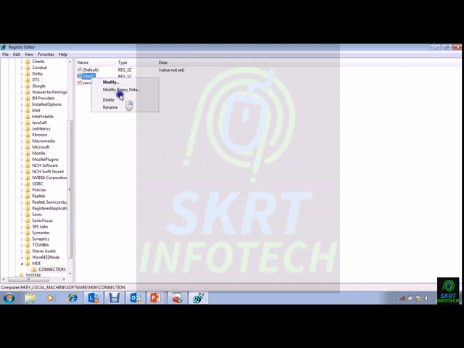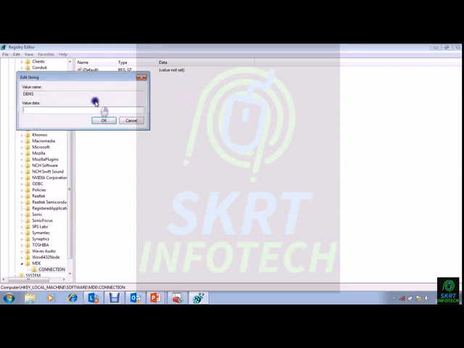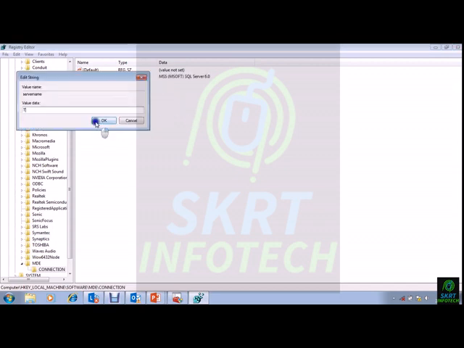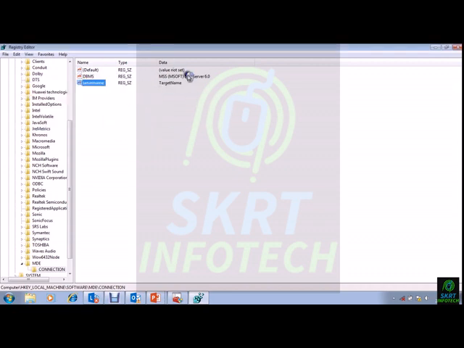DBMS will have the data that I'm giving now. It's MSS in brackets, Microsoft SQL Server 6.0. 6.0 is what you have to give, and you have to give OK. Then the server name: I am giving the server name as target server here, but you have to correctly specify the server to which you are going to connect the client machines. So this is how it is, target server.